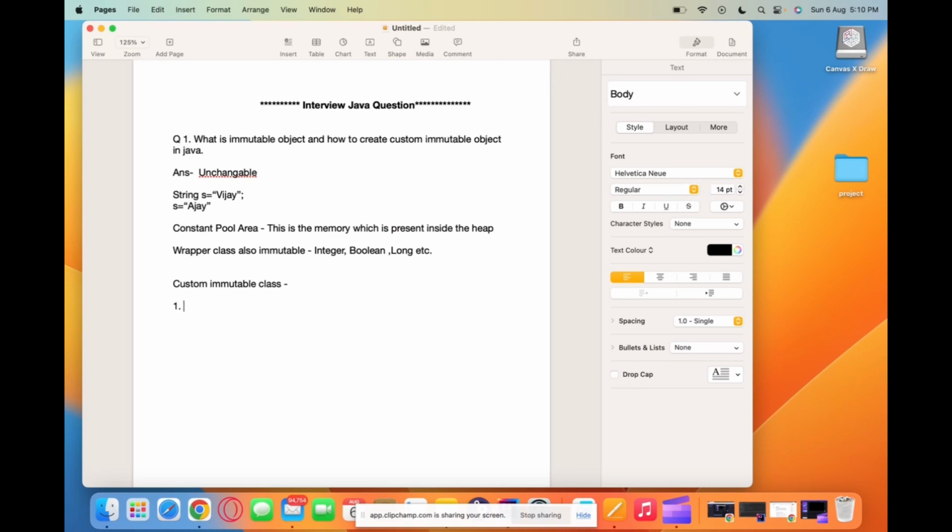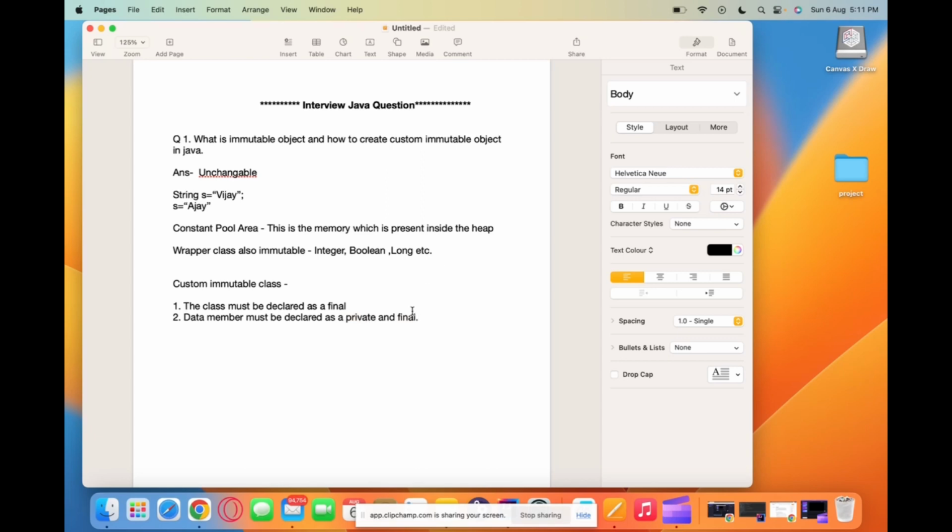The first rule is that the class must be declared as final. Declaring a class as final means we can't create any child class, we can't inherit or extend it. Second, the data members inside this final class must be declared